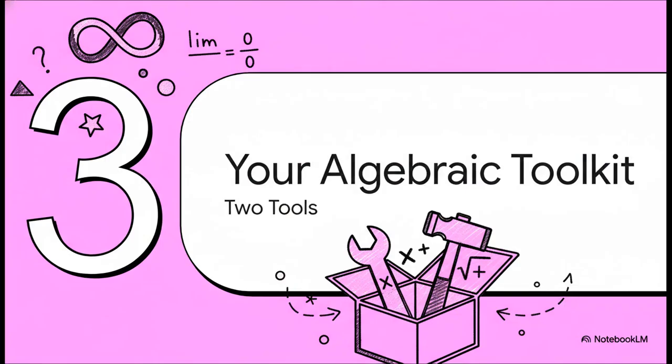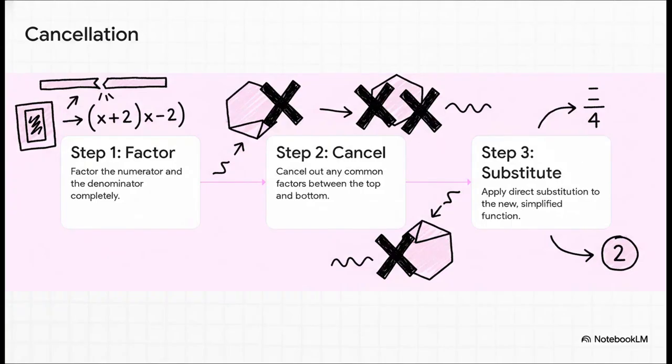Okay, so what's in that toolkit? Well, for most of these 0 over 0 problems, your solution is going to come from one of two really powerful algebraic techniques. Let's crack them open and see how they work. Our very first tool is called the cancellation technique. Look, if you've got a fraction and you're getting 0 on the top and the bottom, there's a good chance it's because they share a common factor. So your job is to find that factor, cancel it out,